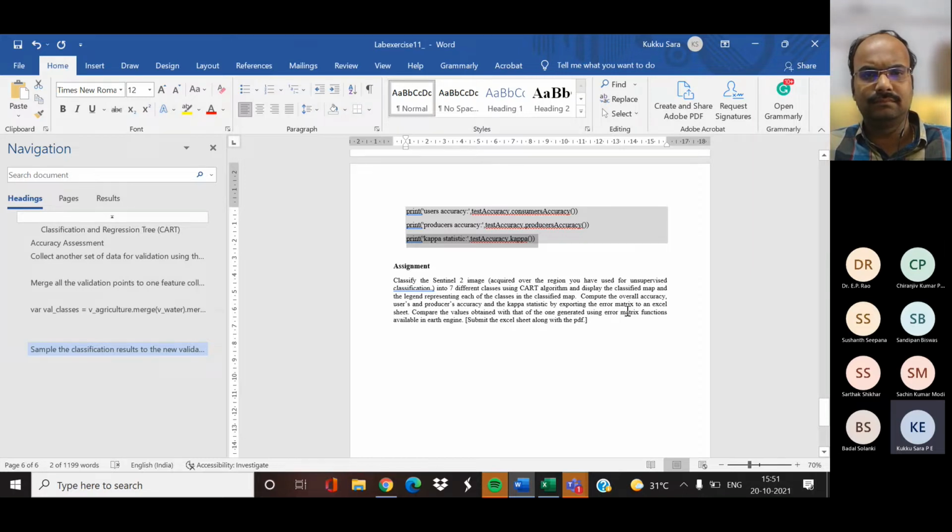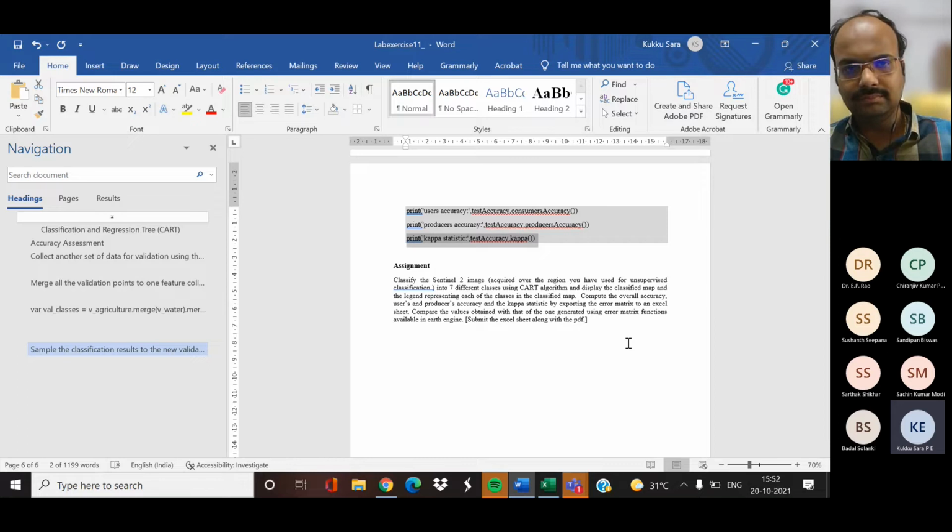Also, as I've shown here in the Excel sheet, just use the error matrix and manually calculate the users, producers, and overall accuracy in the Excel sheet. And while submitting the assignment, submit the Excel sheet also. I will update how to resample that Sentinel image to 1 resolution.